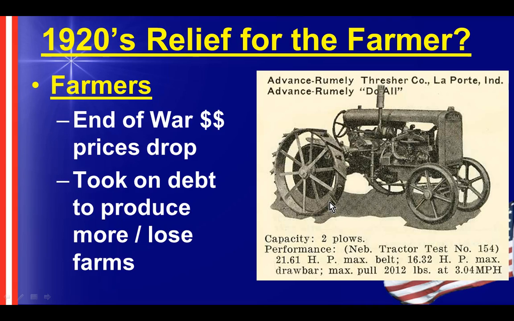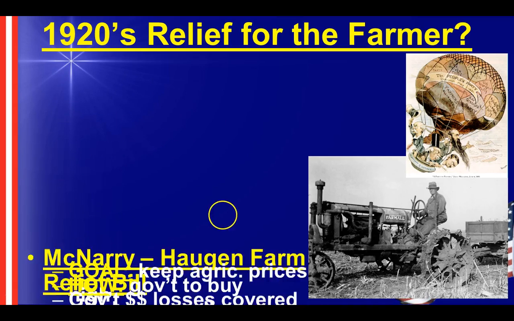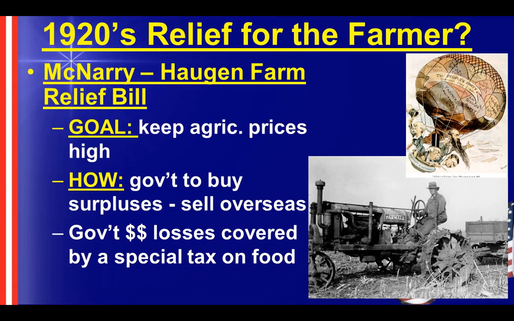Helps them produce more, and so what does a farmer do? They just produce more. We talked about this with the populists in the early Industrial Revolution, late 1870s, 80s, and 90s. Mechanical production helps them produce more. They only know how to just produce more stuff to make up for the money they didn't make to pay the debt, and so what does that cause? Increase of supply, even greater than before. That causes the price to drop even more. People lose their farms even more. Farmers have a very, very hard time, and this was an issue in politics.